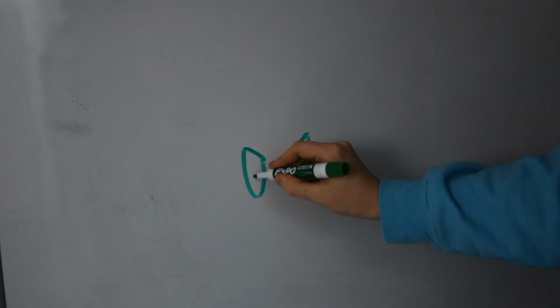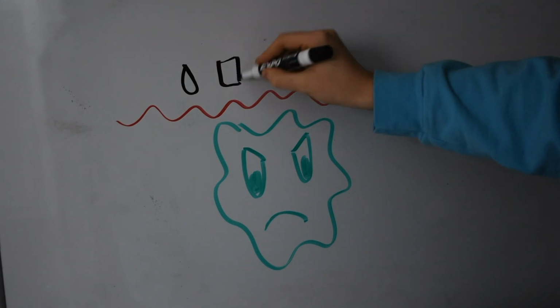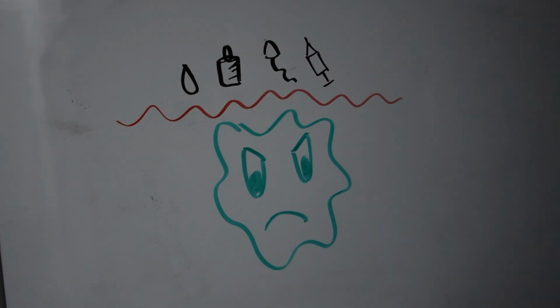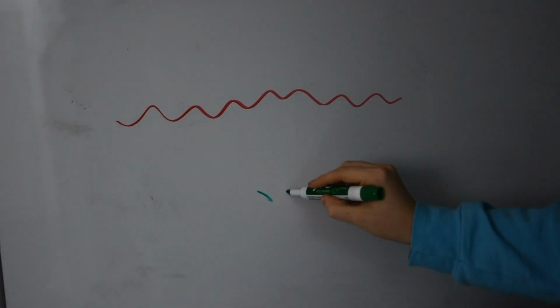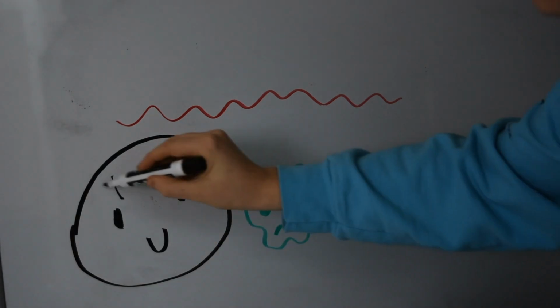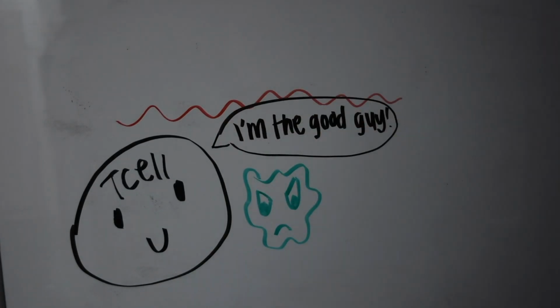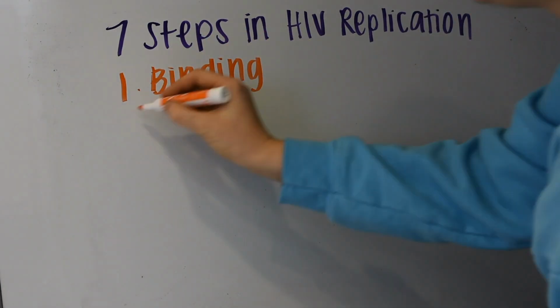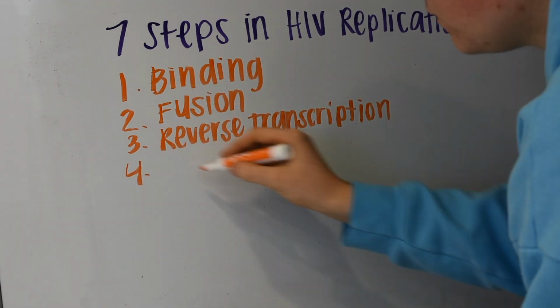The virus starts in the bloodstream, which it gets into through the sharing of bodily fluids, which include blood, breast milk, semen, and the sharing of unsanitary needles coming from someone who has already contracted the disease. After it enters the bloodstream, it attacks T cells, a type of white blood cell, to use as a host body or a host cell. There are 7 steps that the HIV virus goes through once inside the bloodstream to replicate and infect the rest